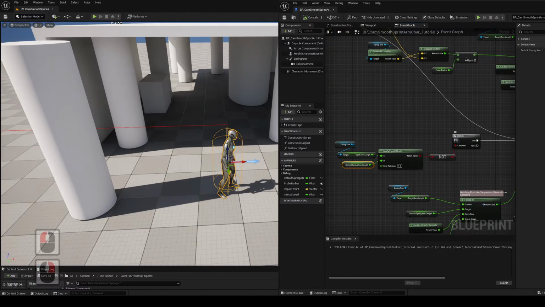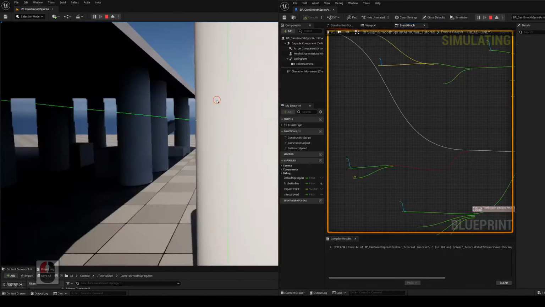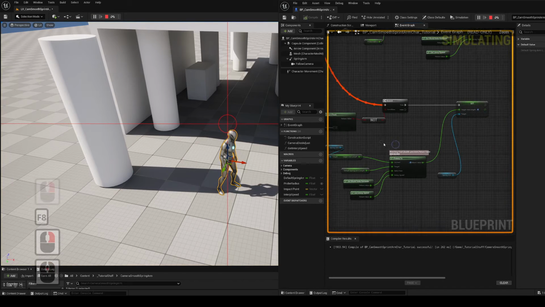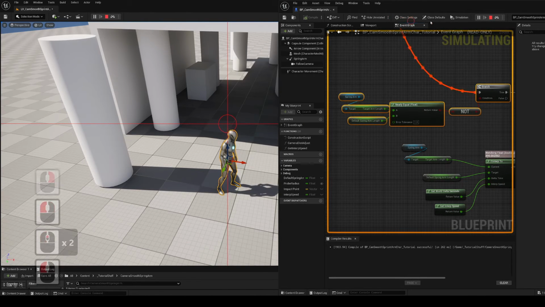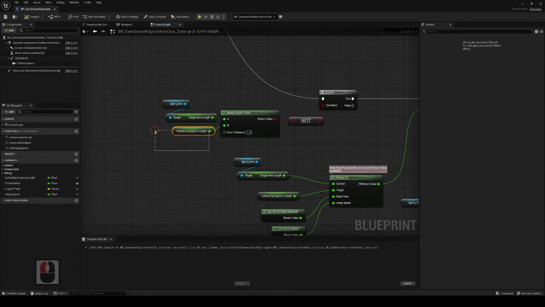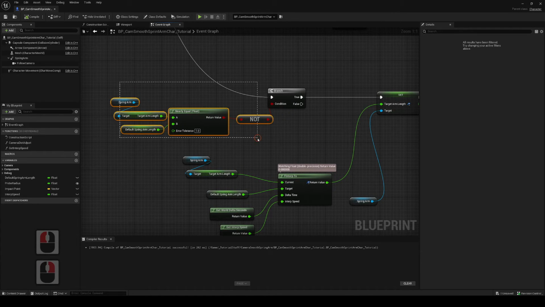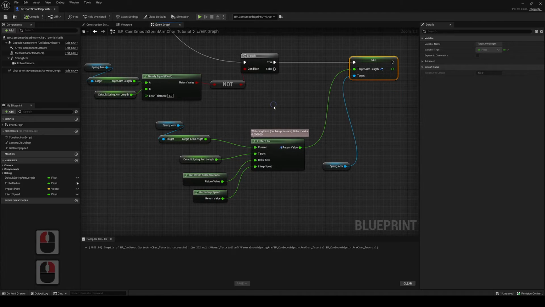So I just add a conditional branch check here, and with the same thing, all of this calculation can just be ignored, right? So this is just for that. And what we do here is check if the spring arm length is at its default length. If it's nearly equal, we do nothing. So if it's not at its baseline target arm length, then we start setting it with the interpolation function we